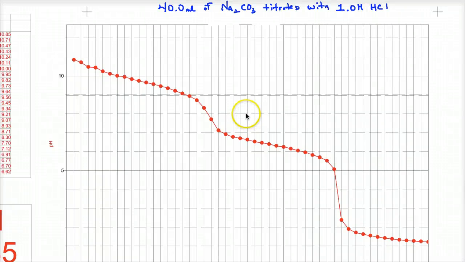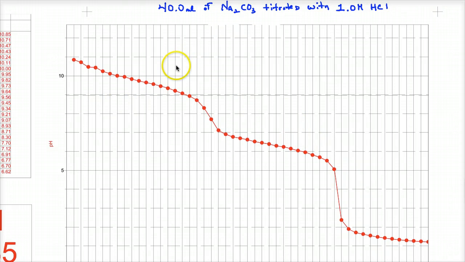Okay, so we are looking at a titration curve of sodium carbonate, a solution of sodium carbonate, 40 milliliters of an unknown solution, titrated with 1.0 molar hydrochloric acid solution. Okay, so this is what we've gotten, and for those that look at this kind of strangely, I did not